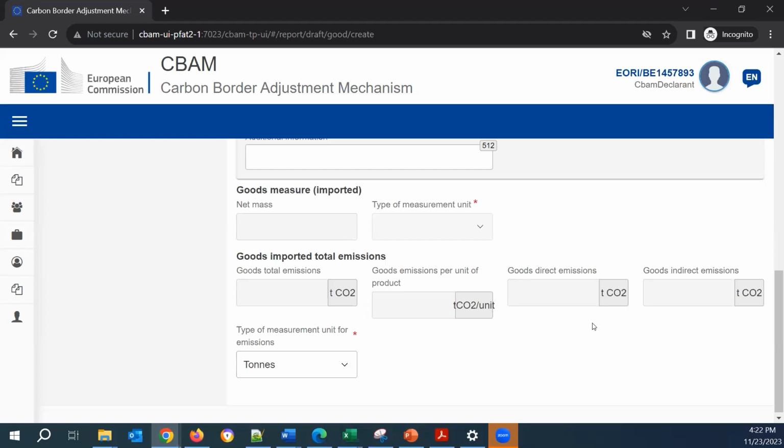Then the goods direct emissions is the sum of all direct emissions inside our emissions entries. And the goods indirect emissions is the sum of all the indirect emissions in our emissions entries.